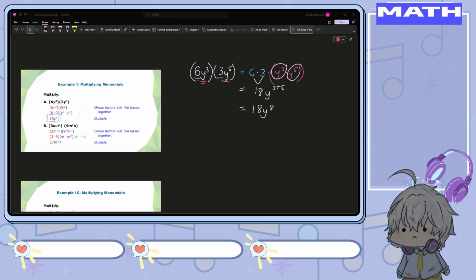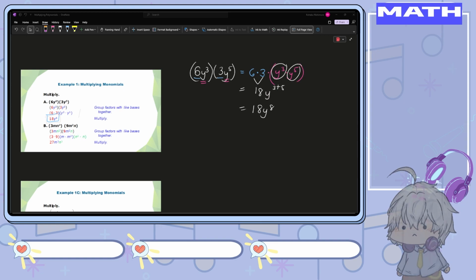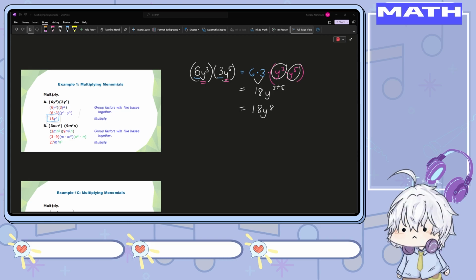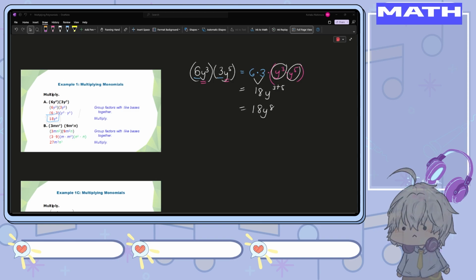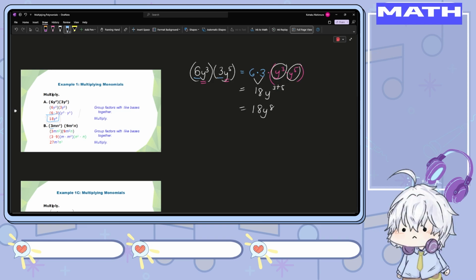It's so simple. That also applies for the next example. Let's have it as 3mn squared times the quantity of 9m squared n. Now let's do the following. For this one, we first analyze their numerical coefficients being 3 and 9. So let's first multiply 3 times 9. Then we can also multiply those with the same base. For this one, it's m times m squared